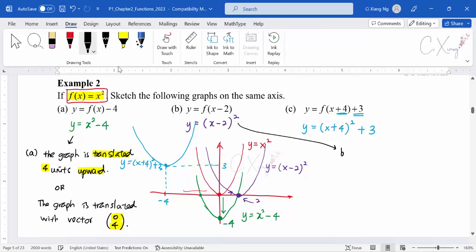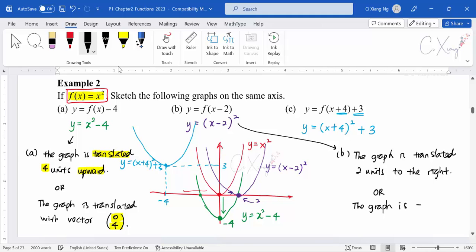Alright, so let's have a look at part B. Let's say for part B, if I want to describe this kind of translation, how can we do that? You can write it in this way: the graph is translated 2 units to the right, because I'm having 2 units to the right. Okay, this is one way of writing it out. Or you can write it something like this: the graph is translated with vector